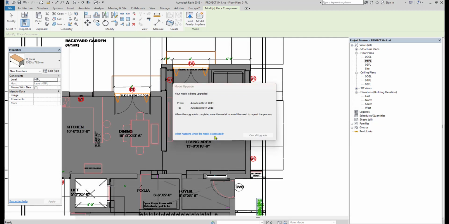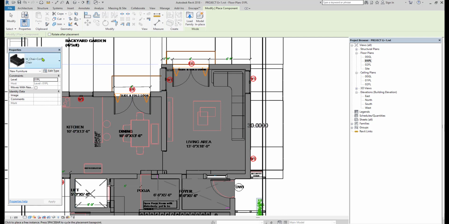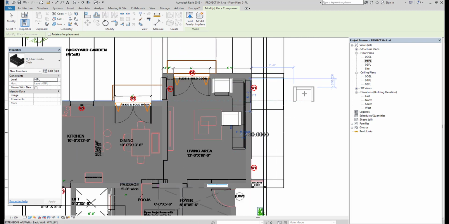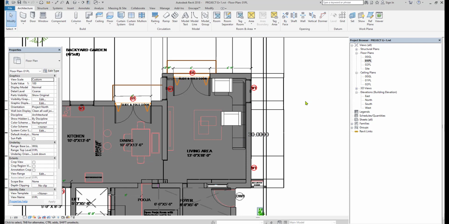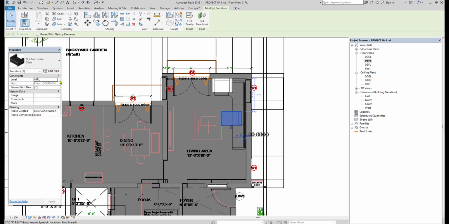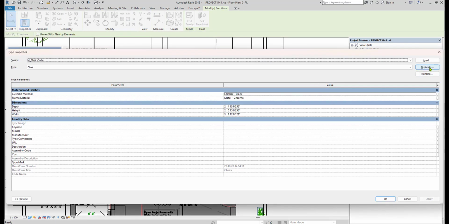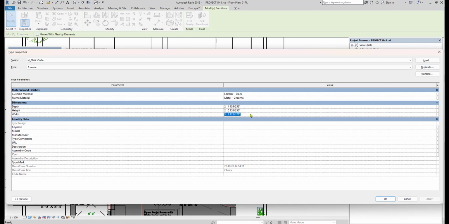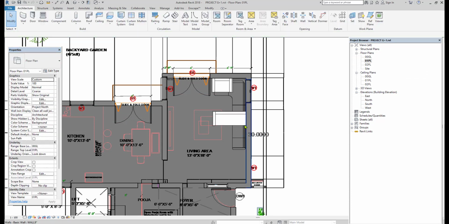Open it, and then just have a look at the properties and then place it. If it is a single-seater, then you can place it. If it is a triple-seater, you can even modify this, or else you can load the particular type of the family. Now I am editing it, duplicating it, and then saying 3-seater. Whatever the dimensions of the 3-seater sofa, now this is 3 feet, you can go with 6 feet width of the sofa, and then done.